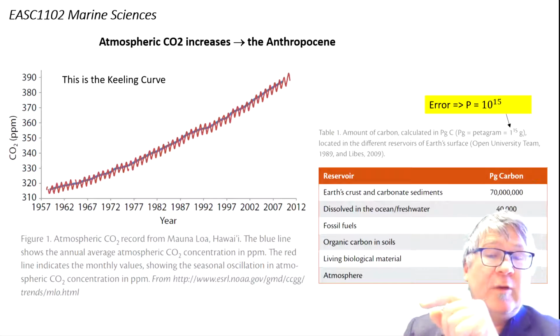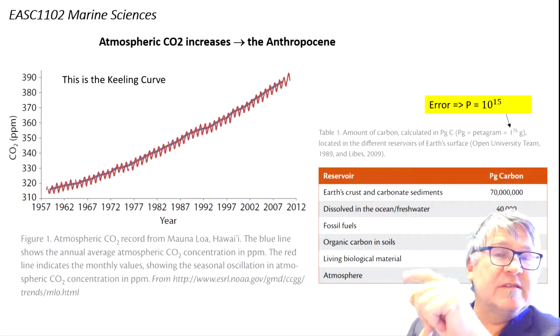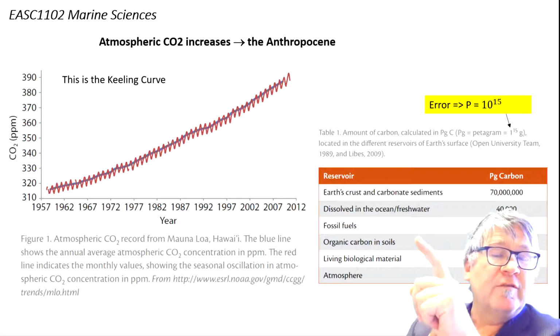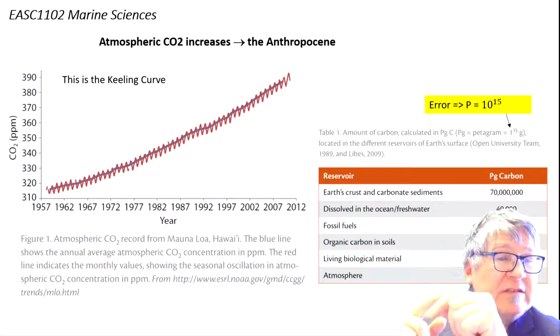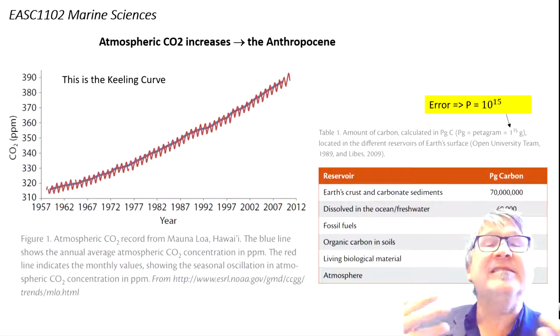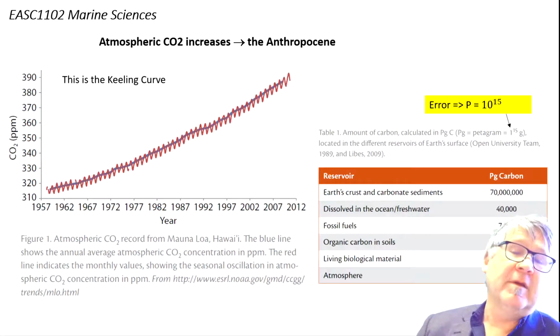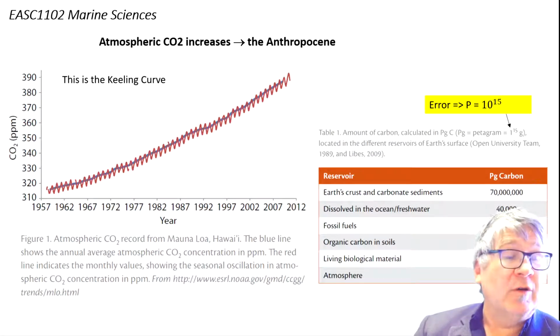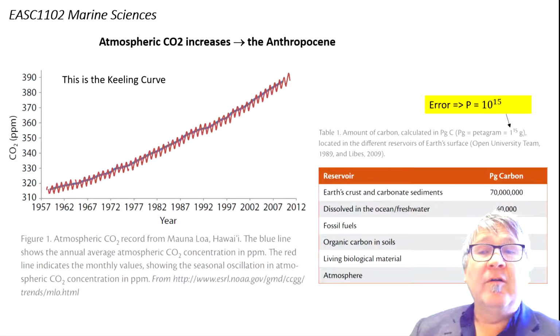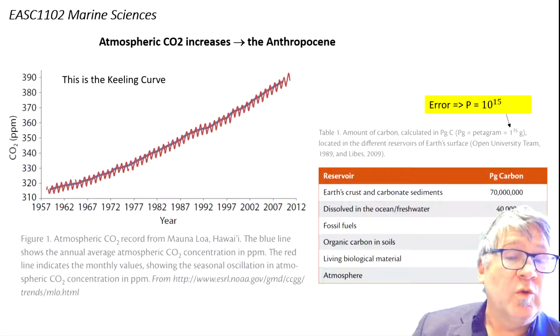But what are these little wiggles? The red is sometimes a little bit above the blue curve, or sometimes a little bit below. These little wiggles, oscillations, are actually seasonal variations. That's to do with the production and consumption or uptake of CO2